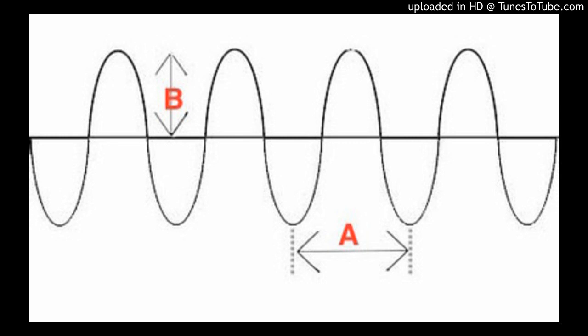Number 8. A wave has a frequency of 0.2 waves per second and a wavelength of 10 meters per wave. Use the velocity equation V equals frequency times wavelength to calculate